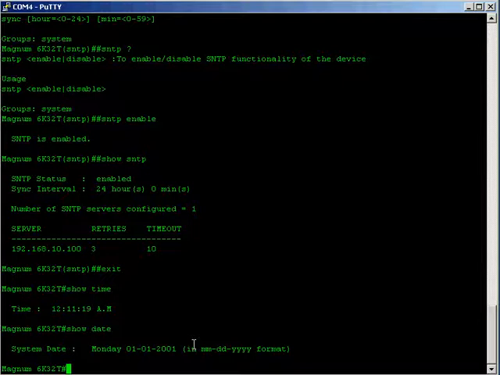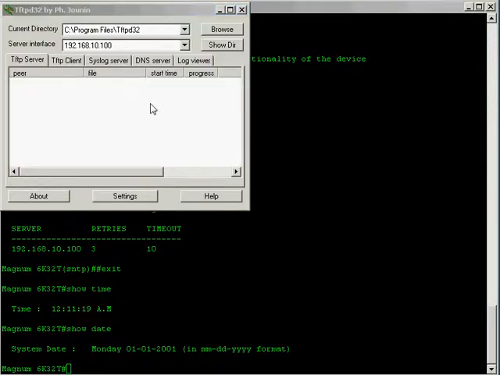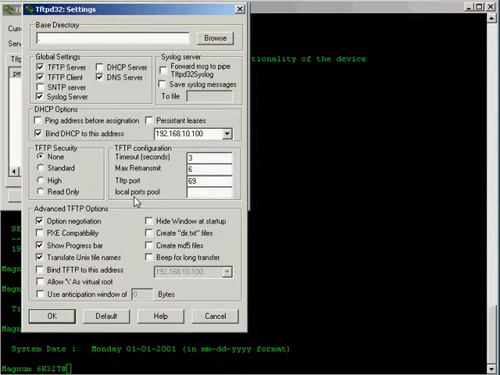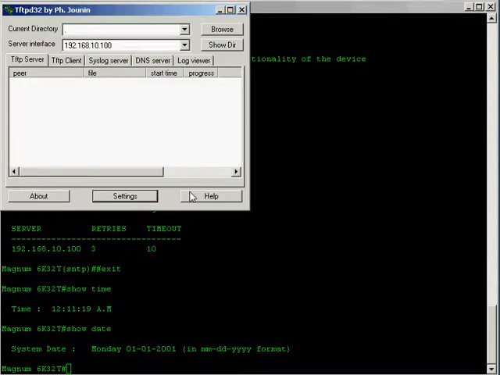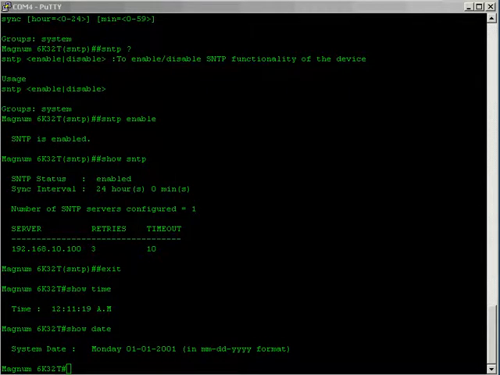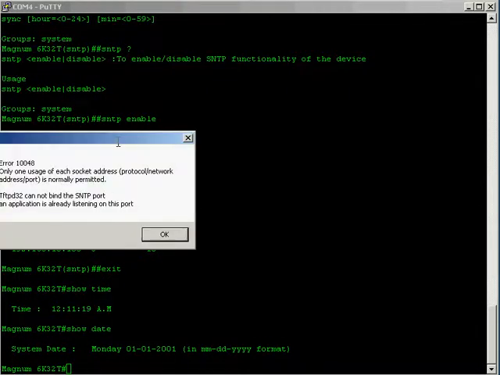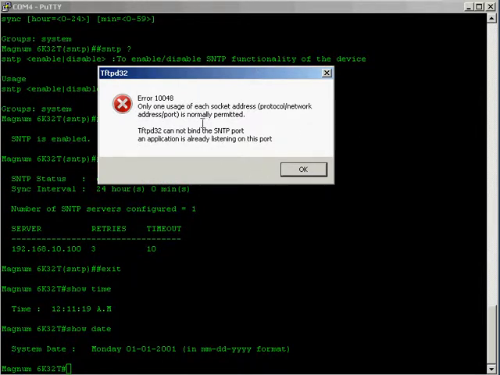So what I want to do now is fire up a program called TFTPD32, which I'll bring across here. Okay, so this particular program is a great little program. It's got various options. It's free to download. One of the options is an SNTP server. We're going to go OK to this. It's asking us to restart the application. Now when you restart the application, you'll see an error message pop up from Windows saying that it can't bind to the SNTP port. The reason is